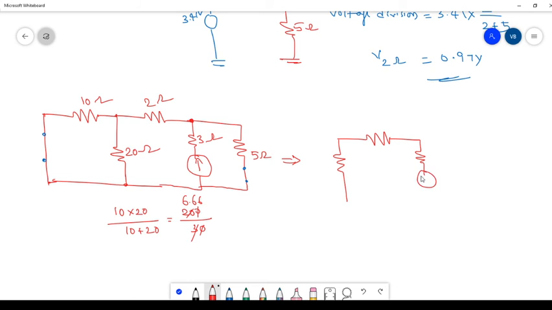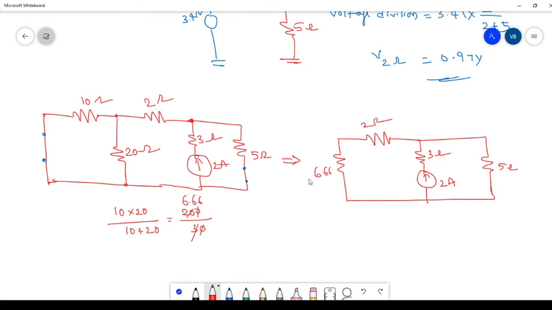Then here that value is 2 and this is connected to 3 ohms, and here what is the current value? The current value is 2 amperes. So 2 amperes, and then here that is a 5 ohms. So this is 2 ohms and this is 6.66. This is 3 ohms and this is 5 ohms. Again this network will be reduced.